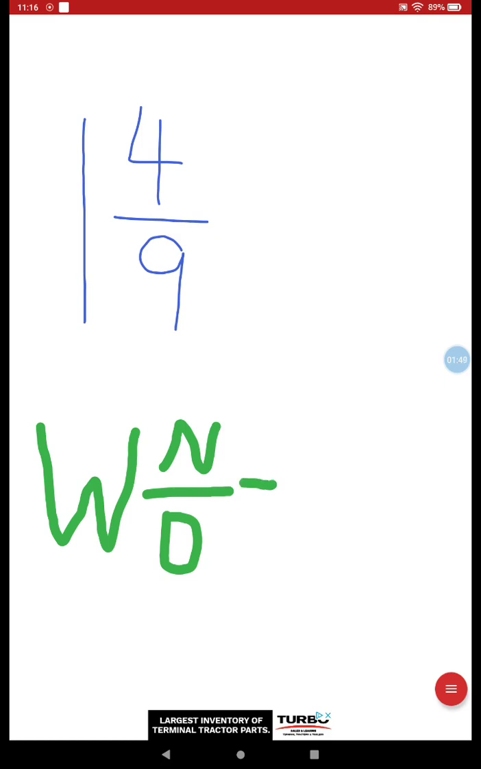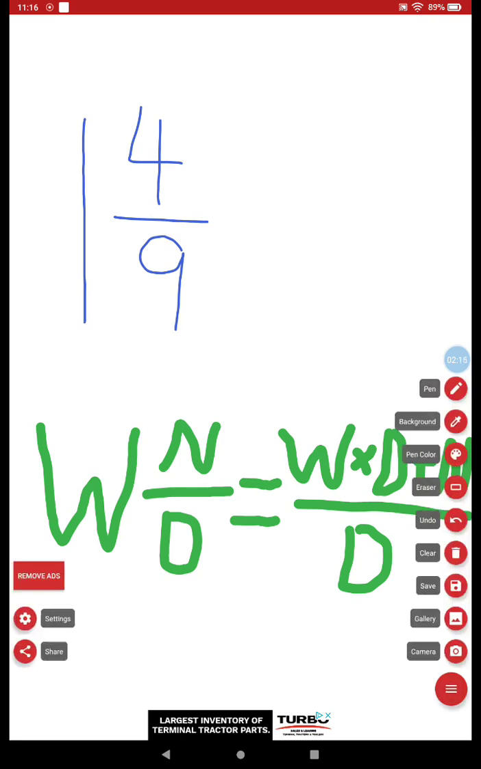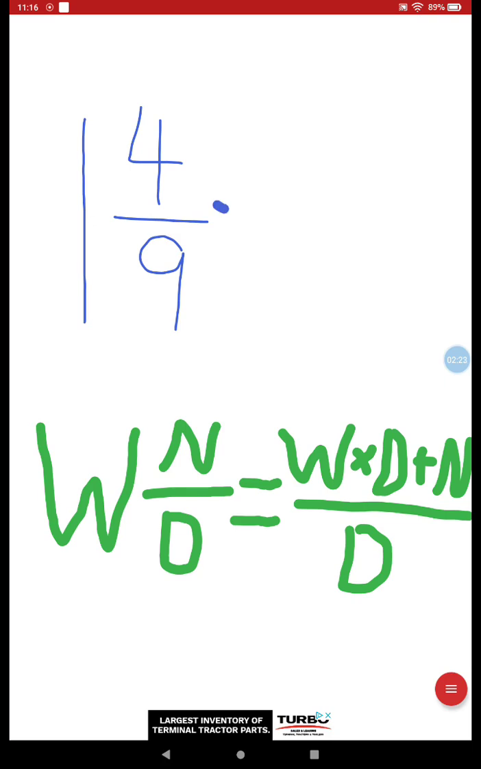So what I can do to convert a mixed number into an improper fraction is take my whole number, times that by my denominator, plus the numerator, all over that same denominator. Okay? Well, here's what it's going to look like with our 1 4/9. Okay, so let's say equals